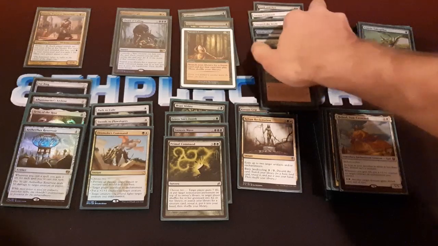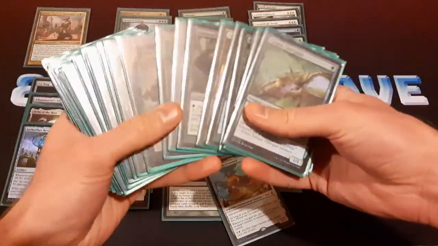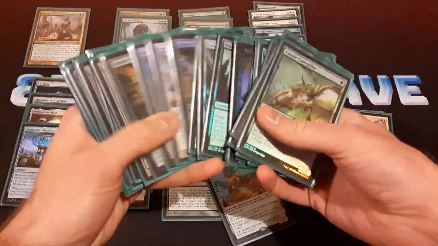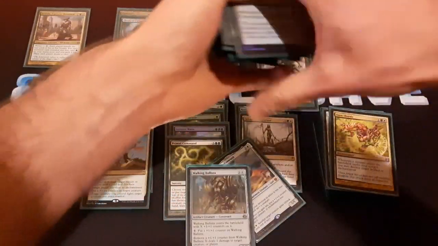So here's the Heliod that I talked about earlier. So this one works with, you know, this is a modern deck. It's Counters Company, right? So we've got, what's it called? The Walking Ballista in here somewhere. Yeah, there's the Walking Ballista. So that combos with Heliod. You just win the game right away, right? Because